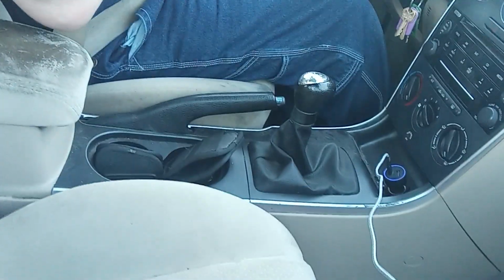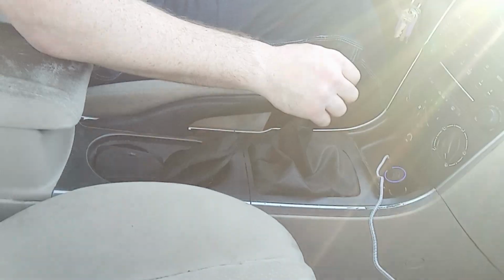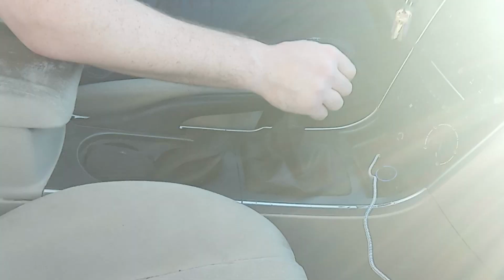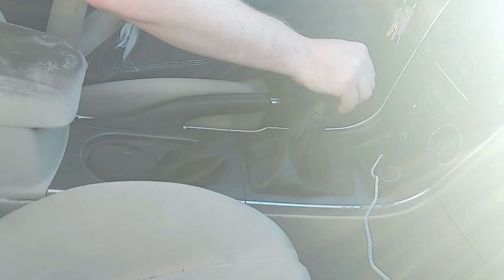My personal opinion, I was told when I first started learning how to drive a stick shift that you should shift between 2,000 and 2,500, and I was also told to shift between 2,500 and 3,000. I do it both. I do between 2,000 and 3,000. However,